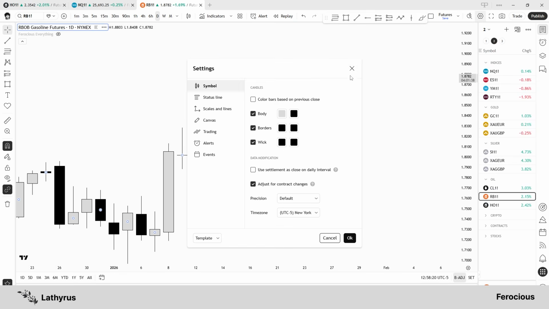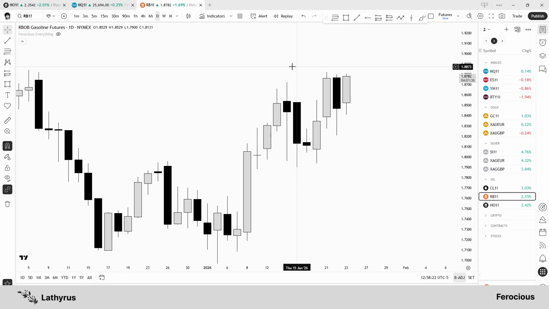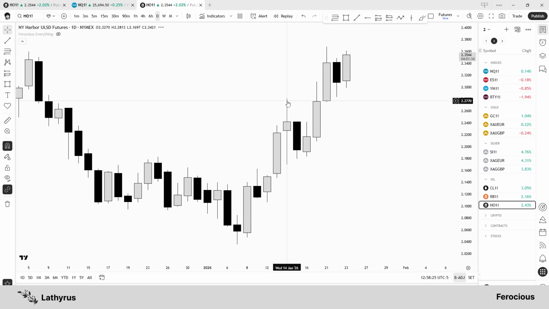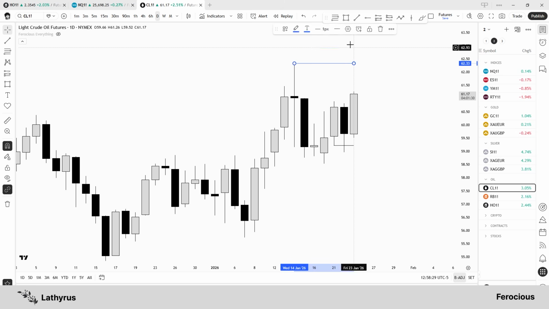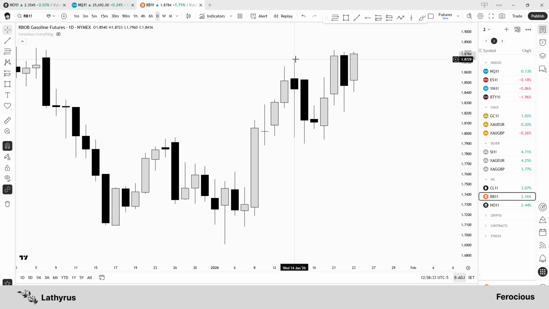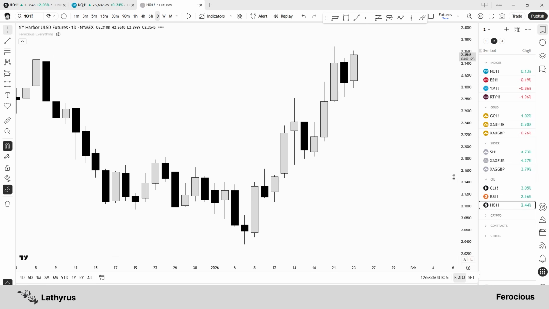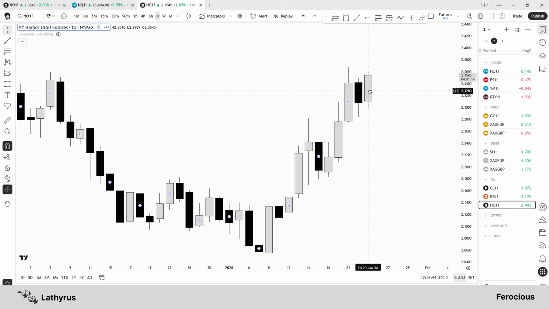You can already see RB taking this high, HO taking the high way stronger, and CL not taking the high like this. So we have a bearish SMT as well. But what are the leading assets doing? Are we really reversing here? No. This is more looking like a retracement. Look on HO. Going higher, retrace, going higher. It's more looking like this was a retracement to then continue still, based on the candle closures as well,